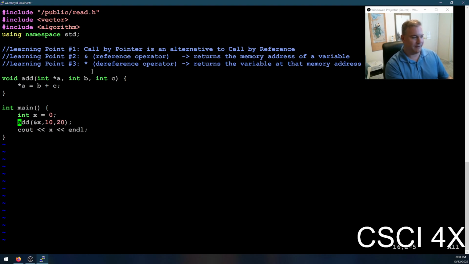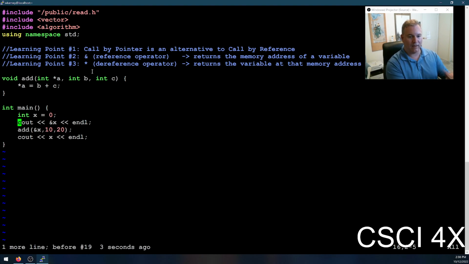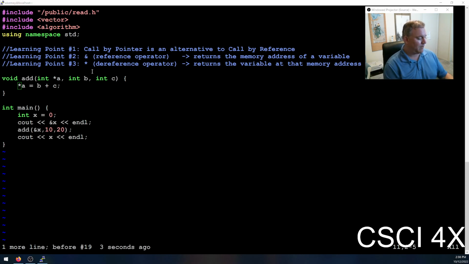So what's going on here is it's saying set the variable at that memory address to be 30. And so you pass in the memory address of x, and then this is saying set the variable at that memory address to be 30, which is x. So x, like I said, x back in main is equal to 30. Okay, so if we were to look at our memory map,